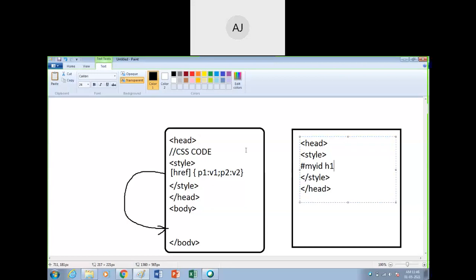Isn't it a combination of two selectors? What is hash my id? Which type of selector is it? Can you answer in your mind? Yes, it is an id selector. And what about this h1? I will write one opening curly brace and one closing curly brace, and within this I will write font-size 50 points. So this is my example.